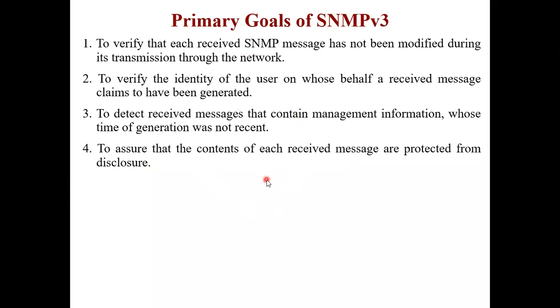So this was the primary goal of SNMP version 3. In version 3 the architecture changed because we concentrated on applications. That application might be for a manager or for an agent. So we concentrated on applications, and the security aspect is very much present. Seven messages will be there, but we are concentrating on the security aspects. After this, I will end over here.